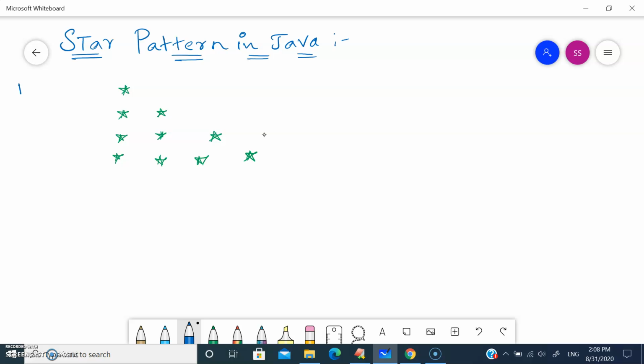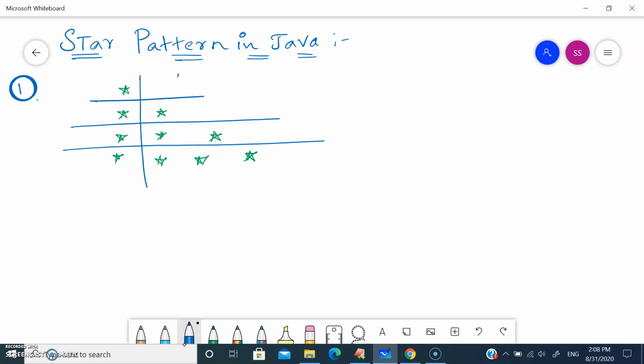The first step you need to do while solving this sort of star pattern is to convert the star pattern into a matrix format.